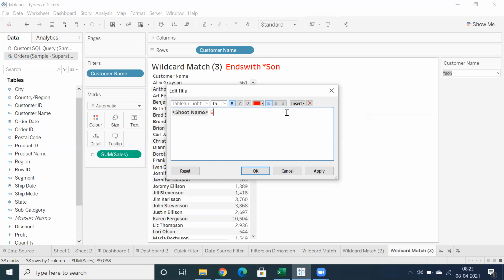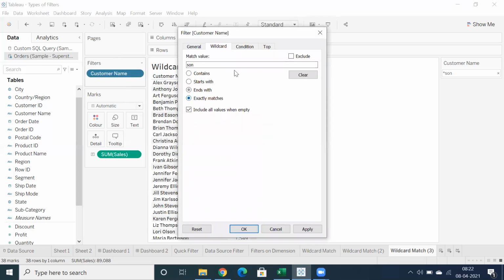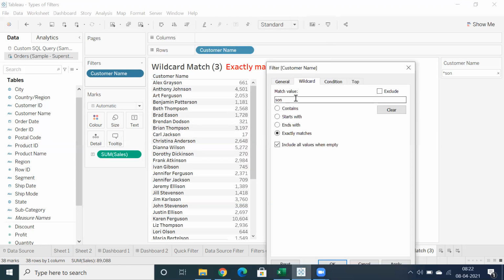I will explain one more time if you have any questions. So exact match is nothing but, when I type in here, it matches exactly whatever the naming convention you type in.